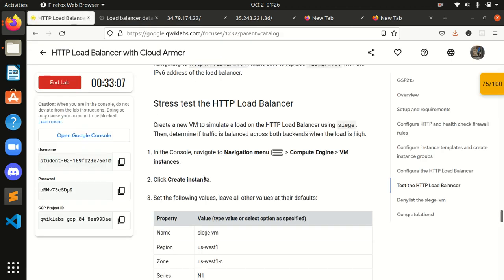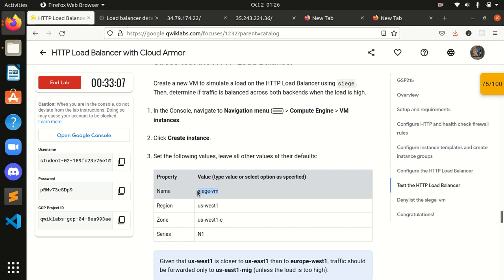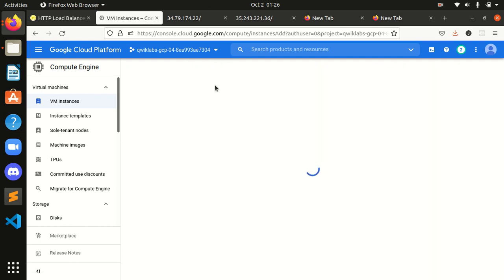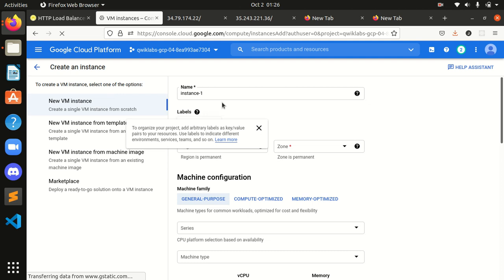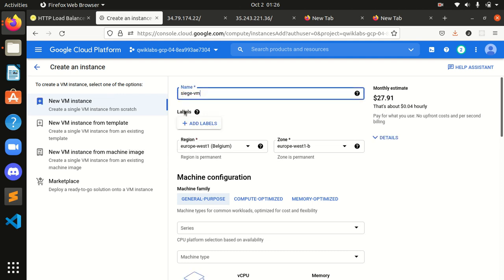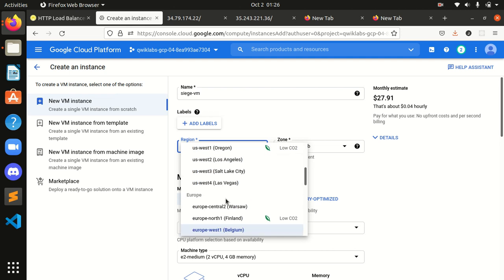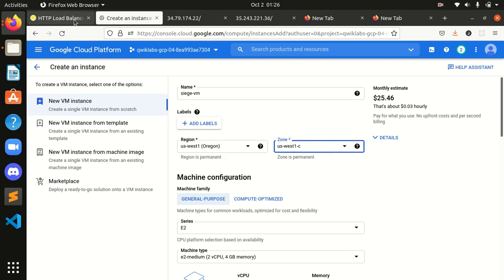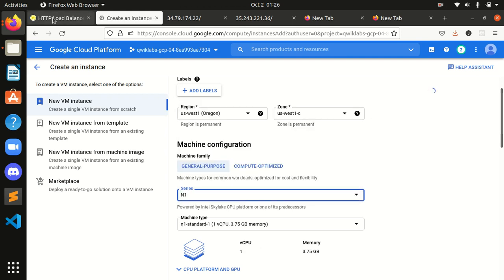And after that, we have to create an instance. Name Siege VM. The region is US West 1, zone C, and series N1. Create an instance. Okay, US West 1 and zone US West 1C, and I will select this series as N1.